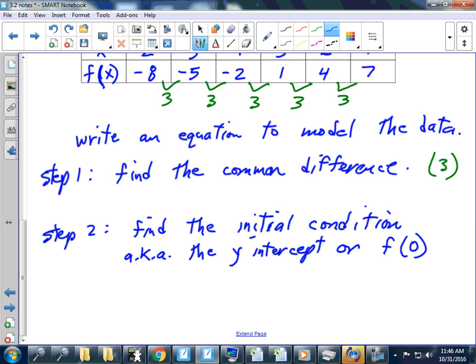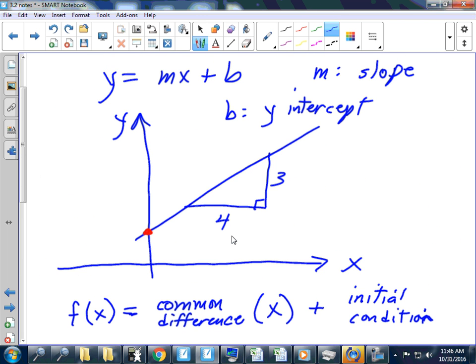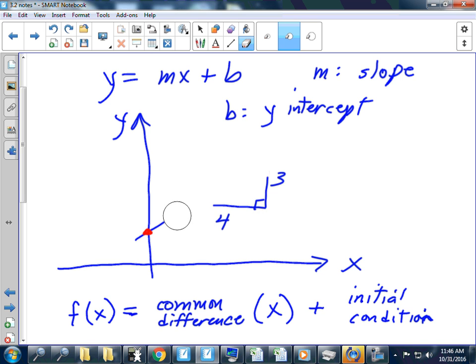Yeah, because at the y-intercept on any graph, like right here, and I'm going to change this to reflect our slope for this new one we just did. On any graph